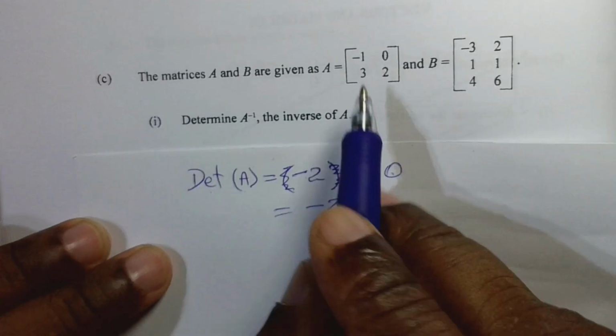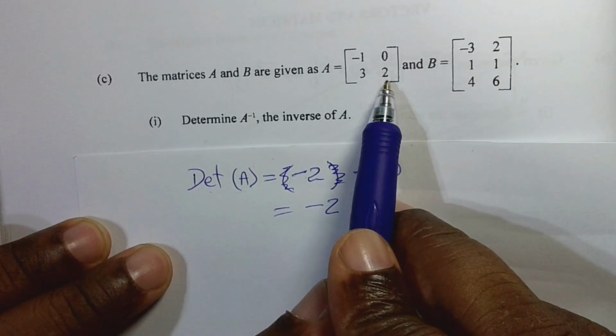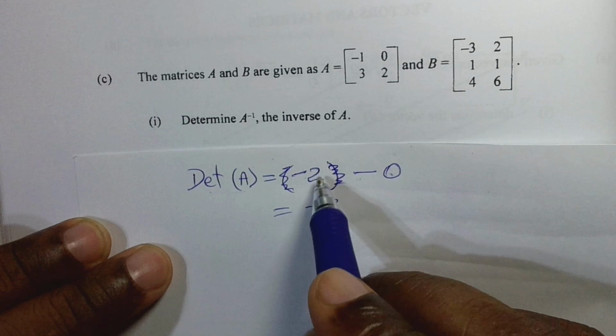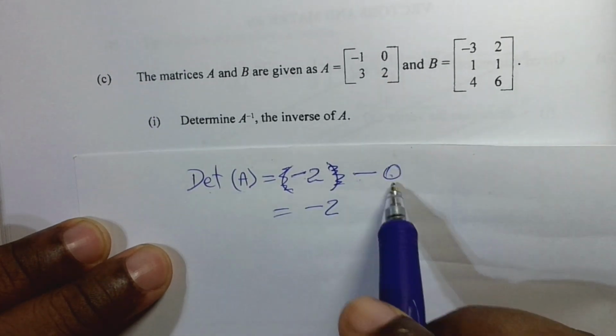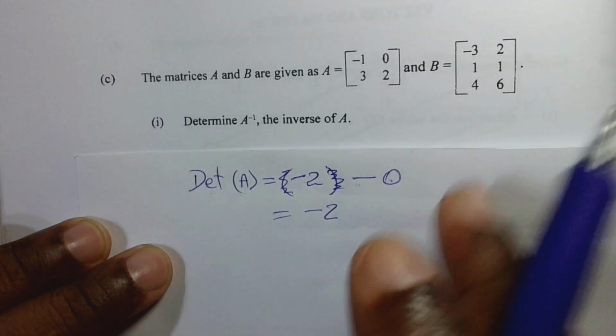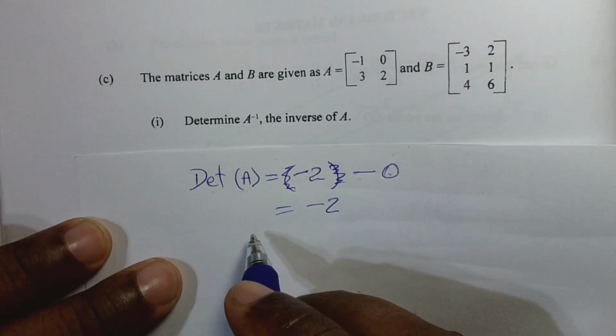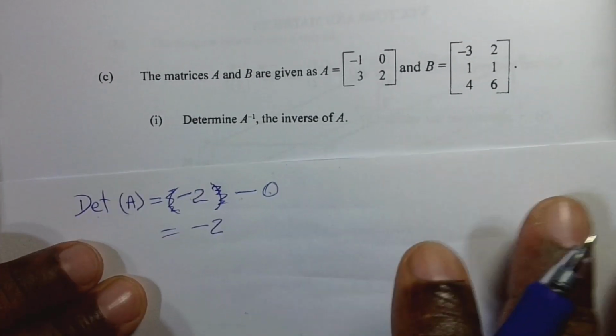How did I get the determinant? I multiply these two and get -2, and then we multiply these as well and get 0, and we subtract both products. So that's the determinant. Now there's something else we have to find in order to find the inverse, which